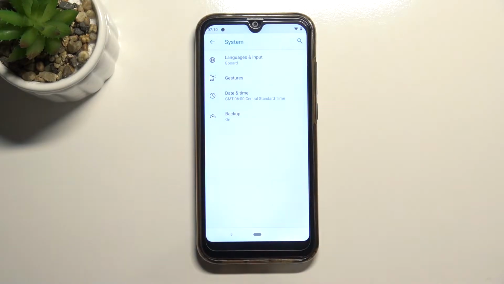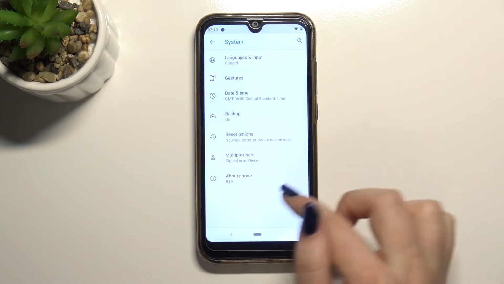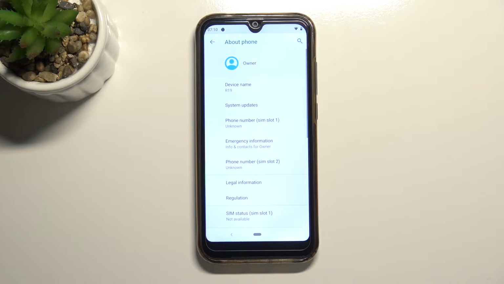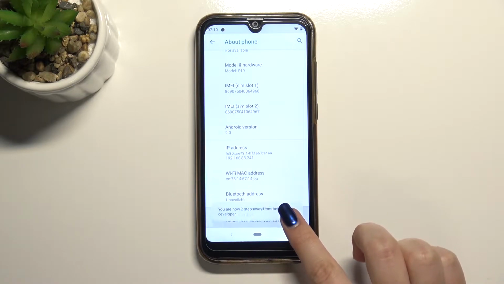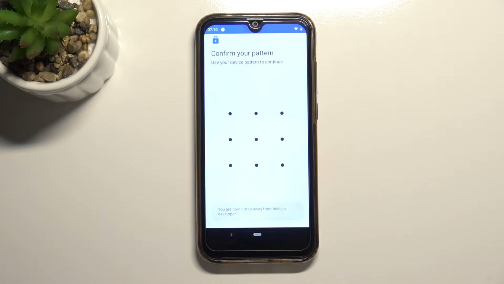Now we have to tap on advanced and find about phone, which should be at the very bottom of the list again, and here we have to again scroll to the very bottom to find the build number, and all we have to do right now is to simply keep tapping on it until we will see that we are in the developer mode. As you can see, I've got my pattern set,